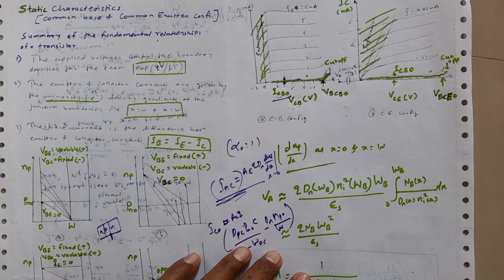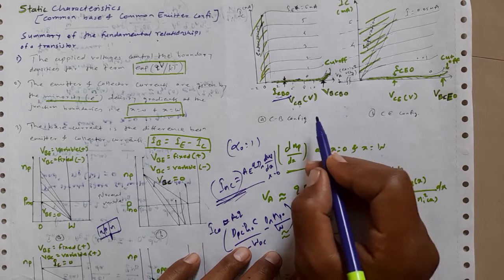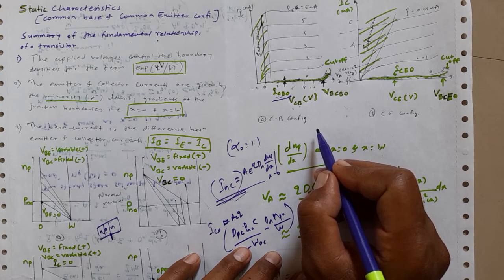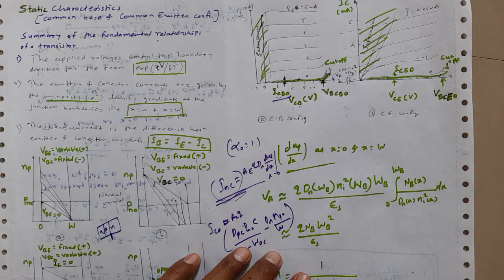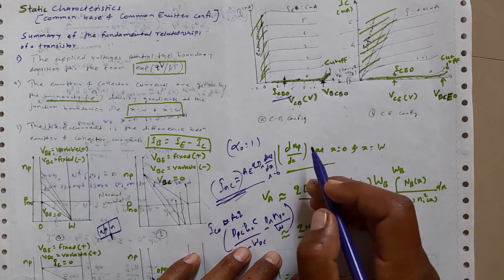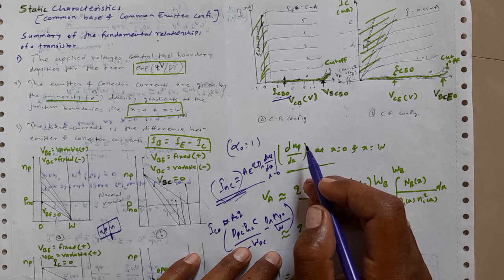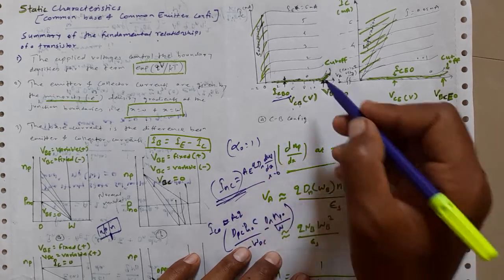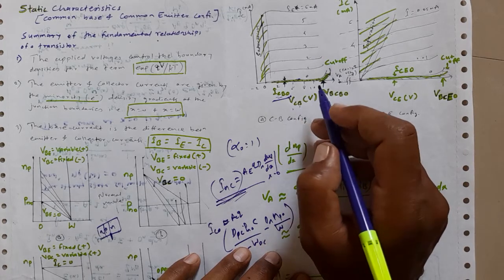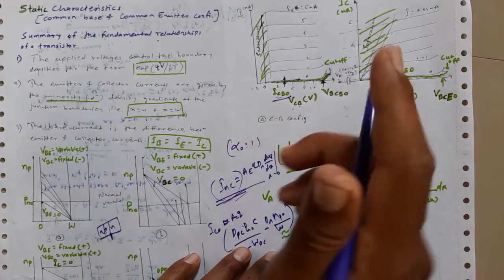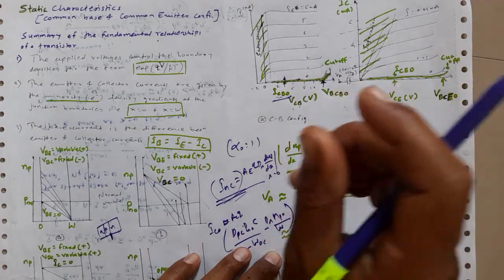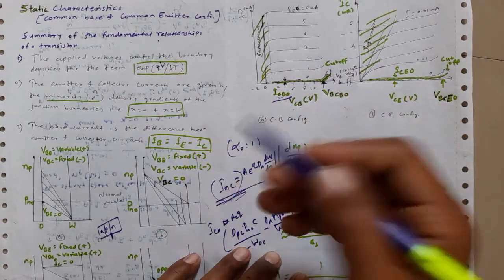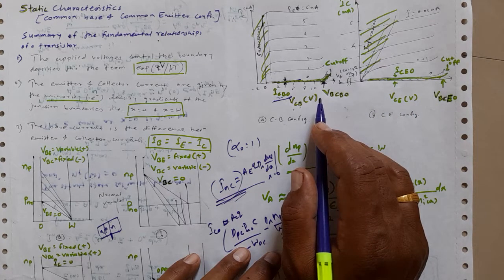Now for a very narrow base, if we reduce the base width, or the base has relatively low doping, then the breakdown may also be caused by the punch through effect, where the neutral base width is reduced to zero at sufficiently high VBC. If the base width is very small, the punch through effect occurs and the current starts flowing directly through the depletion region.